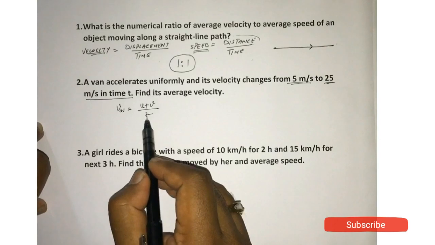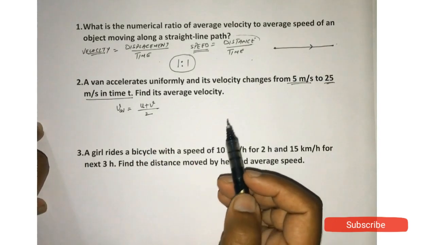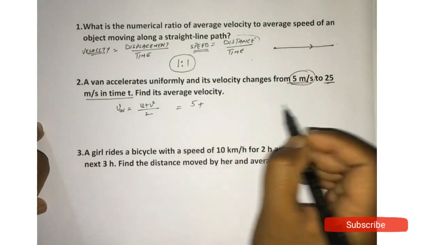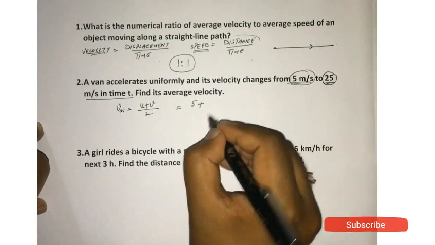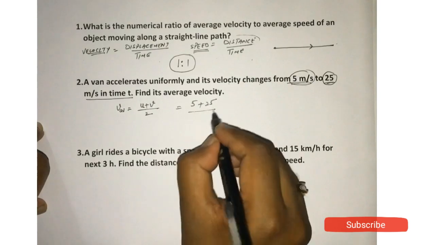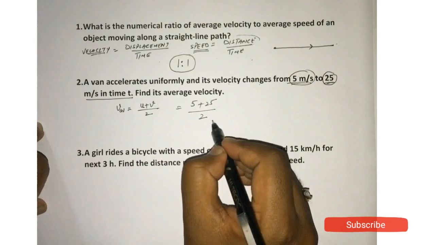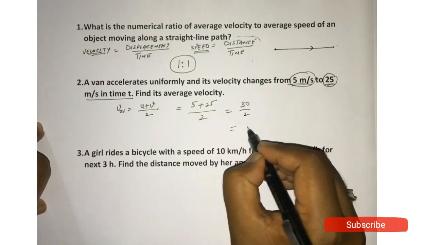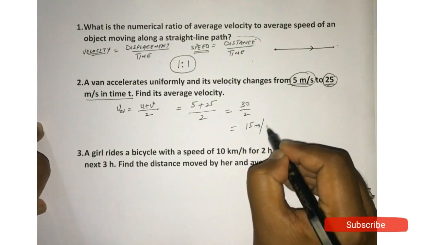The initial velocity is 5 meter per second, the final velocity is 25 meter per second. So the average becomes (5 + 25)/2, which is 30/2, that is 15 meter per